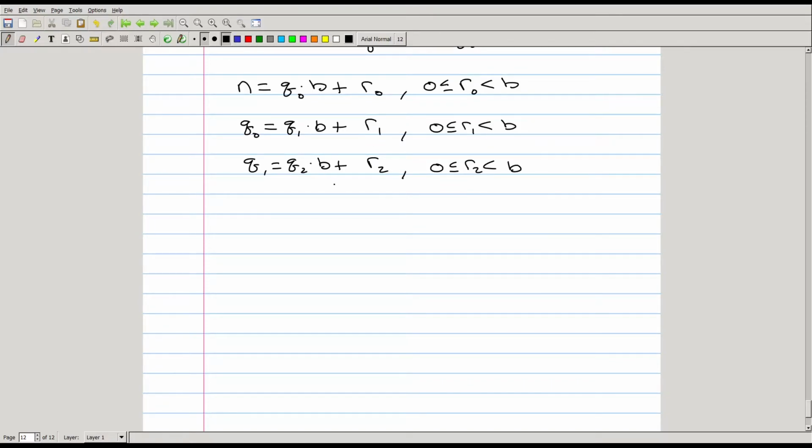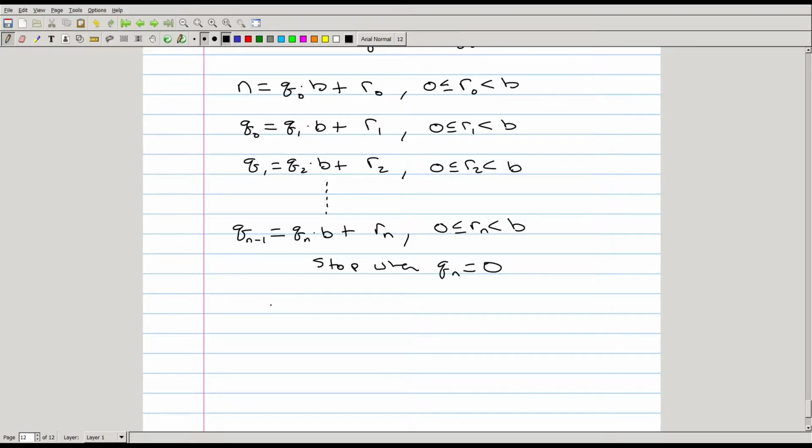And so on and so forth, all the way down to q_{n-1} is equal to q_n times b plus r_n, where r_n is between 0 and b, and we stop when we finally get to a zero divisor, or zero quotient of our number. We stop at the quotient q_n equal to 0,